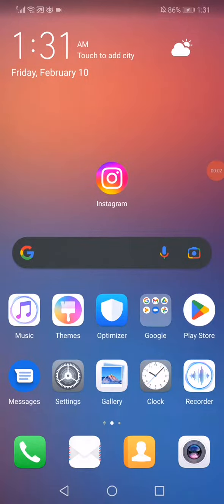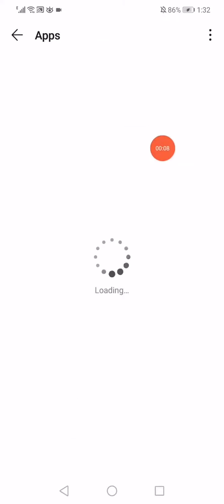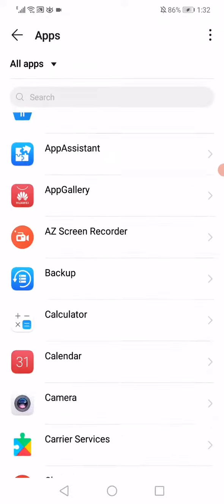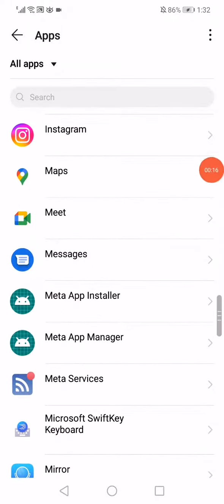How to fix Instagram messages. First thing, open the settings, go to the apps. When you open the apps manager, on this page you will find all the apps that you have in your phone. So all what you want to do is wait a few seconds, after that scroll until you find Instagram,